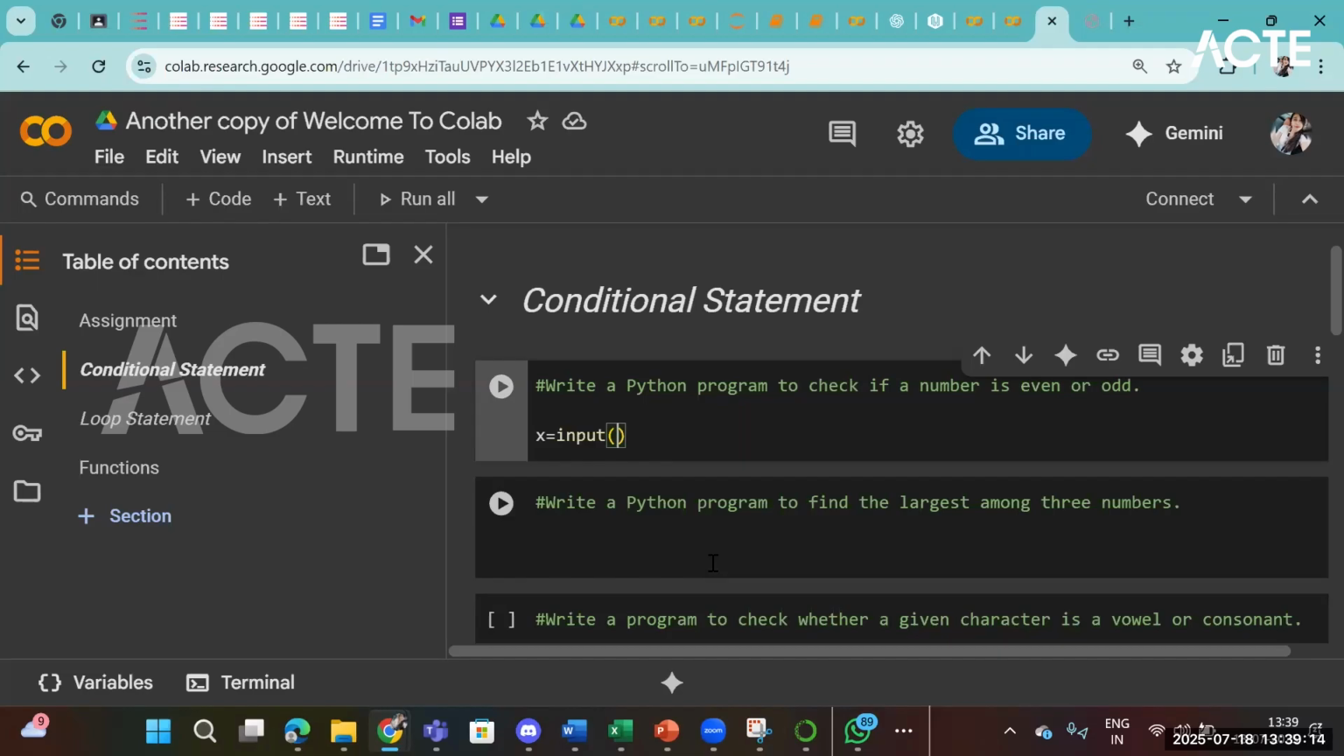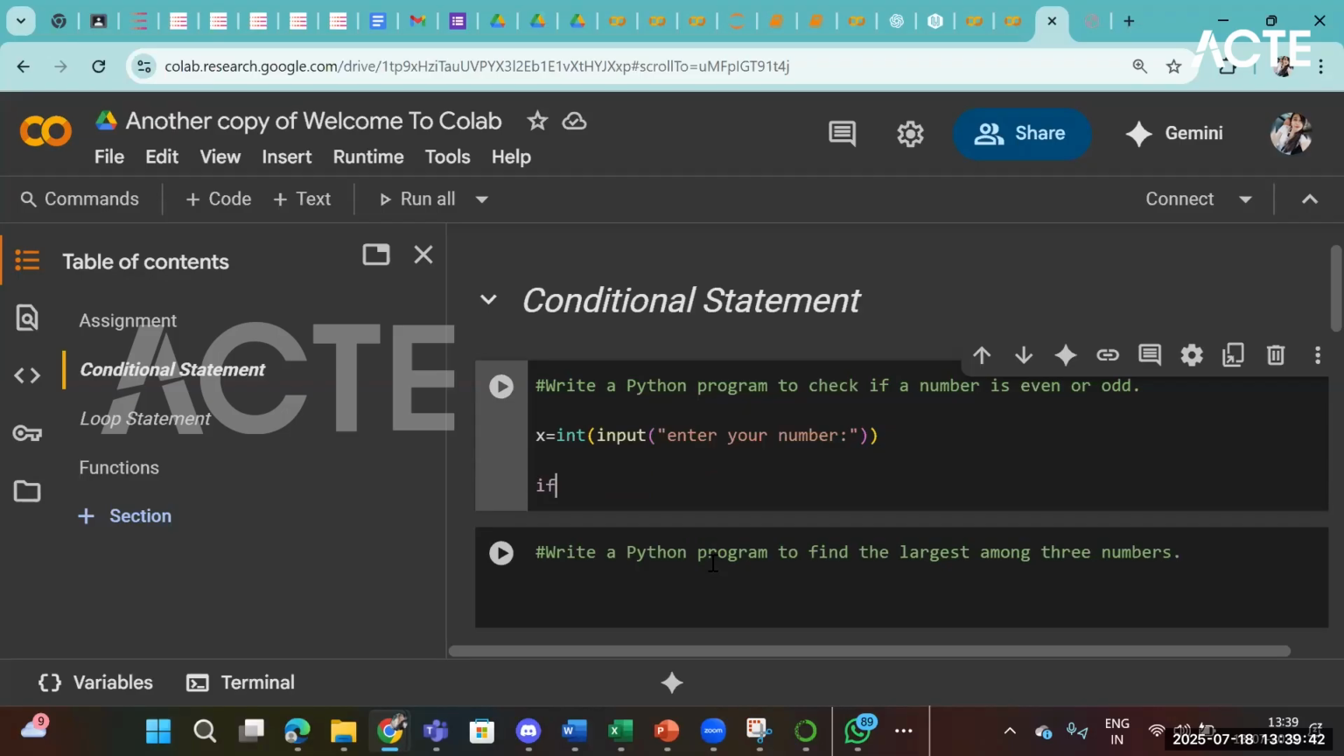So first thing I need a number. I put an integer value over it, and I'll do type conversion for the input. Enter your number. If I am the checker, I can just enter the number over here. Then I will pass it in the if condition. What will be my if condition? This number modulus of 2, if this result is equal to 0,